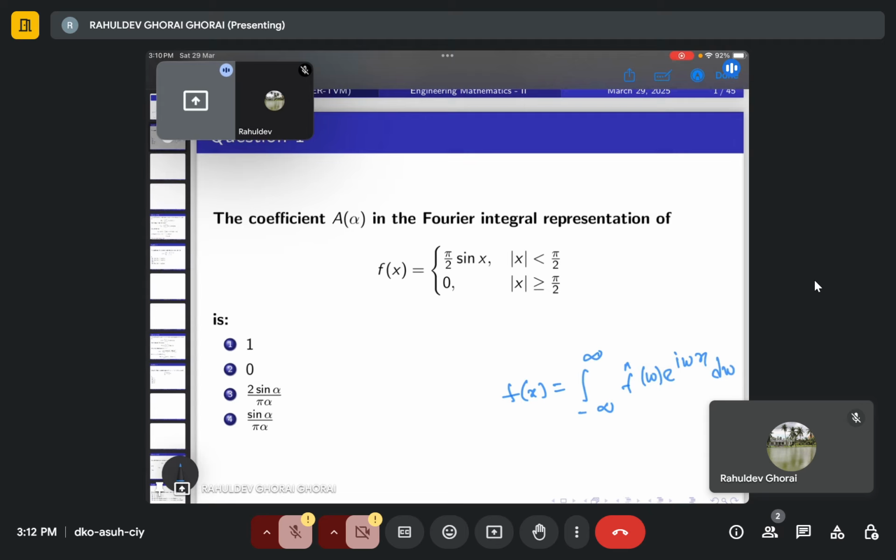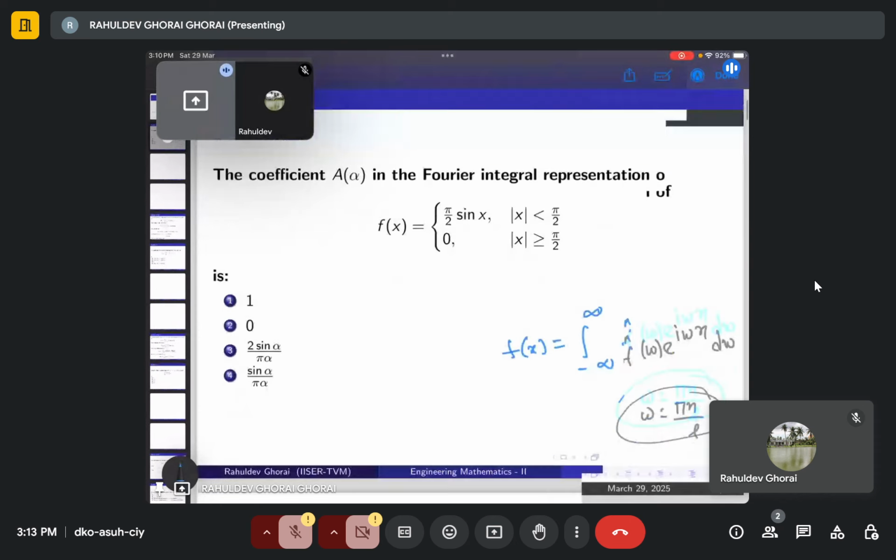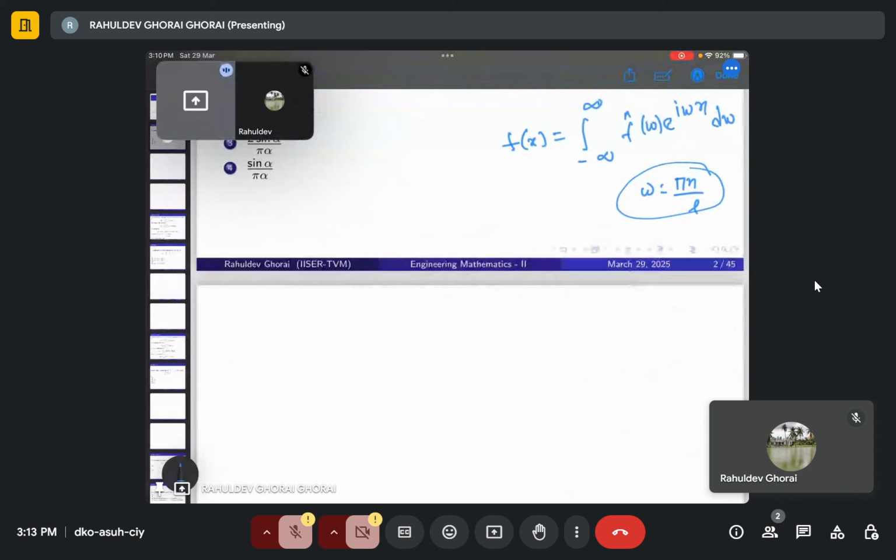Omega is a dummy variable which we get mainly from omega equal to pi n by L by substituting. This comes from the Fourier series, and in the end you can write this representation more precisely, for your course, as f(x) equal to the integral from 0 to infinity